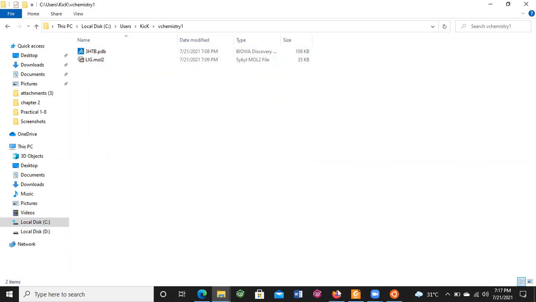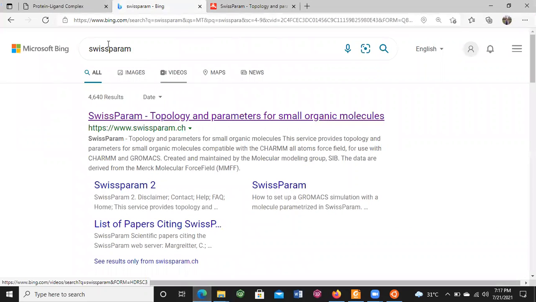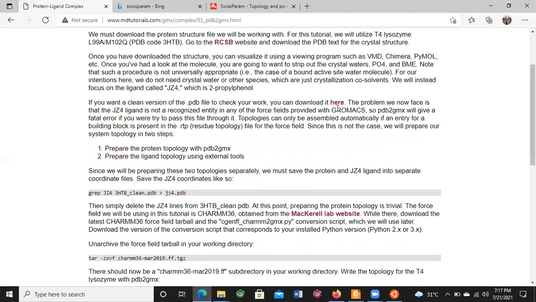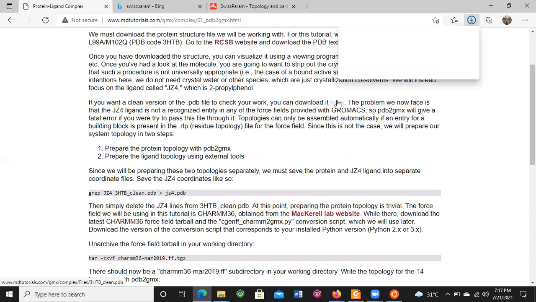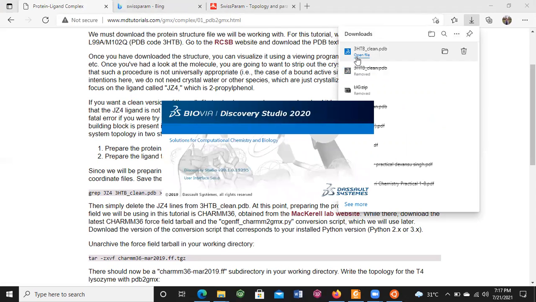First of all, we also need to check whether the downloaded files have hydrogen bonding interactions or not. For example, I have downloaded this file, and here I am visualizing that these two files have hydrogen bond interactions. That's why we can say that these two are obtained by molecular docking.